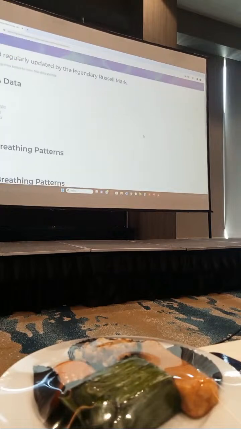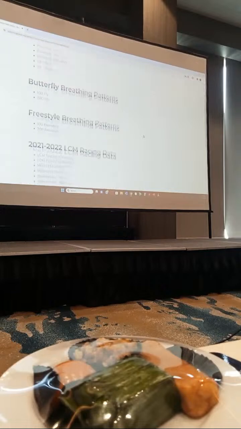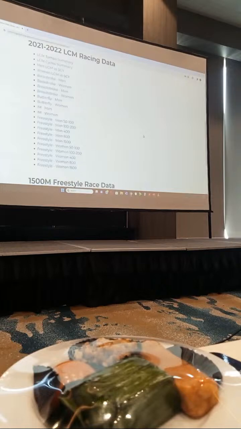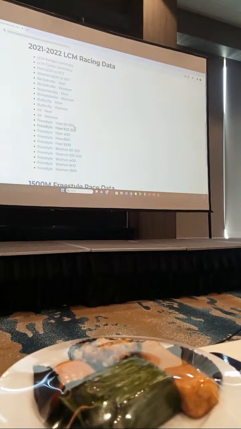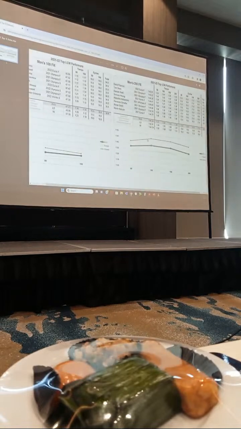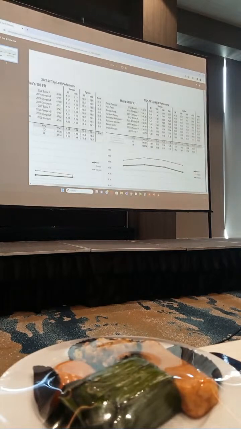A lot of data, a lot of information. Right now, all of this information is in seconds per cycle, so it's in a different format. So all this information for the different races is in this part of the ASCA website. If you are comfortable and want to use data and want to understand what the best athletes are doing,